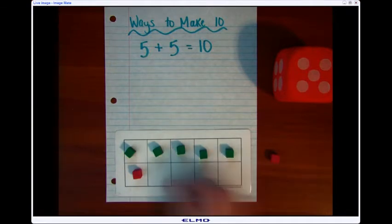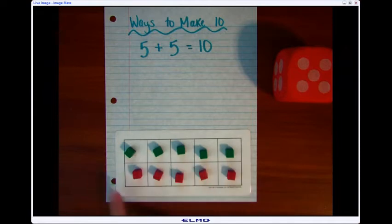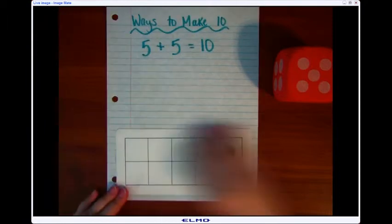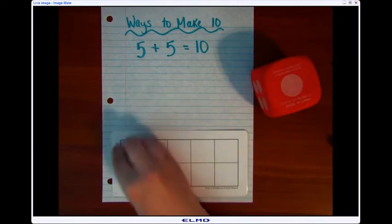So I can count one, two, three, four, five. I can see that my 10 frame is completely full now. I know if my 10 frame is full, then it equals 10. So I have five greens and five reds make 10. Okay, then I would clear off my 10 frame and I would roll again. This time I have one green